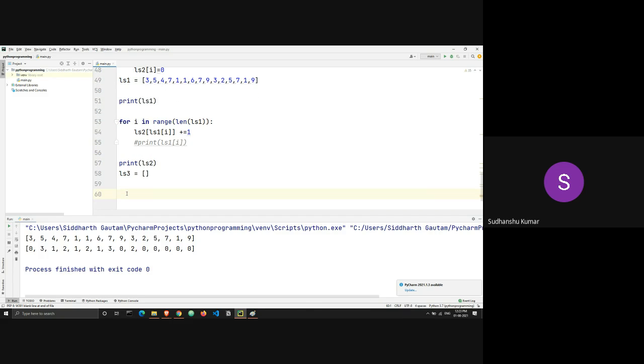I have a doubt. Yes. The total elements in the list is 15, so there will be 15 indexes. But what if the list contains an element that is greater than 15, like 30 or 32? Then the count of that element will be displayed at what index? Yep, you are exactly right.